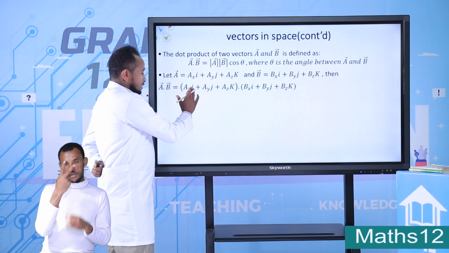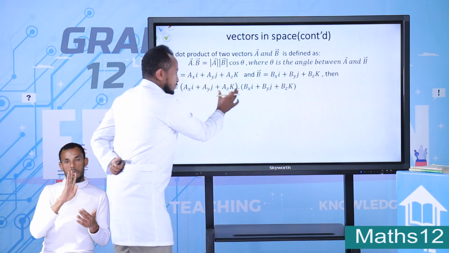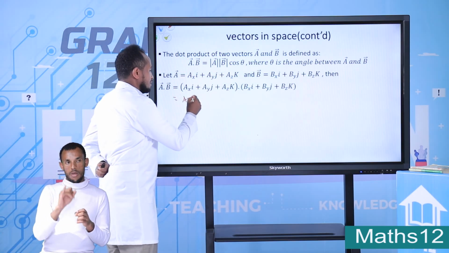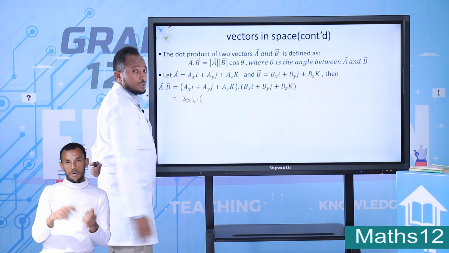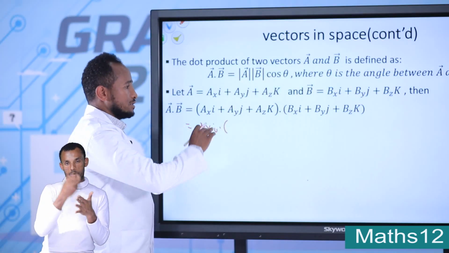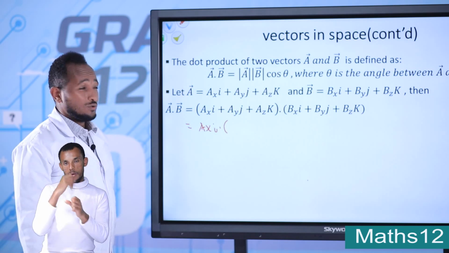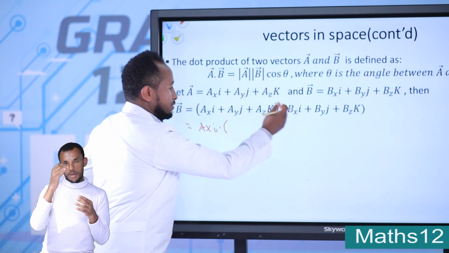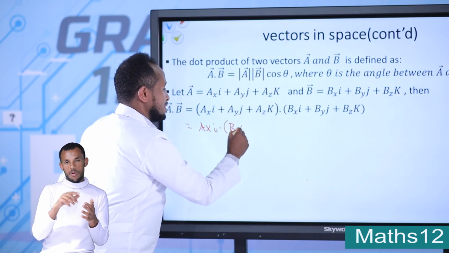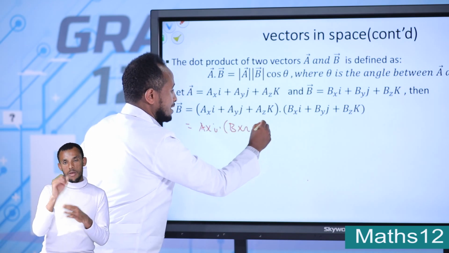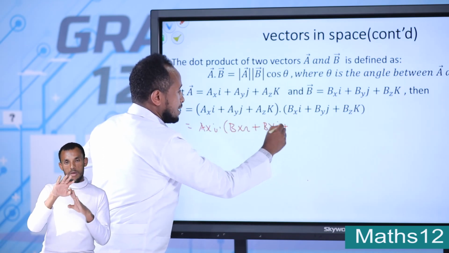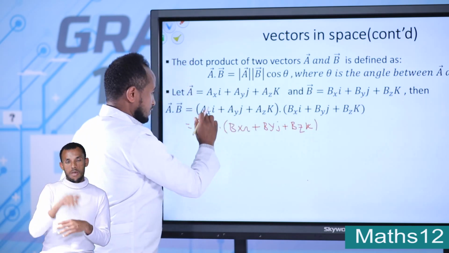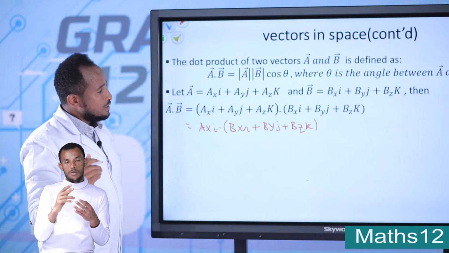Let's apply this. A dot B will be the dot product of the two. So Ax I dotted with, you can distribute this dot product. Dot product can be distributed over addition. So Ax in the I dotted with this one, Bx in the I plus By in the J plus Bz in the K. One thing to remember here,